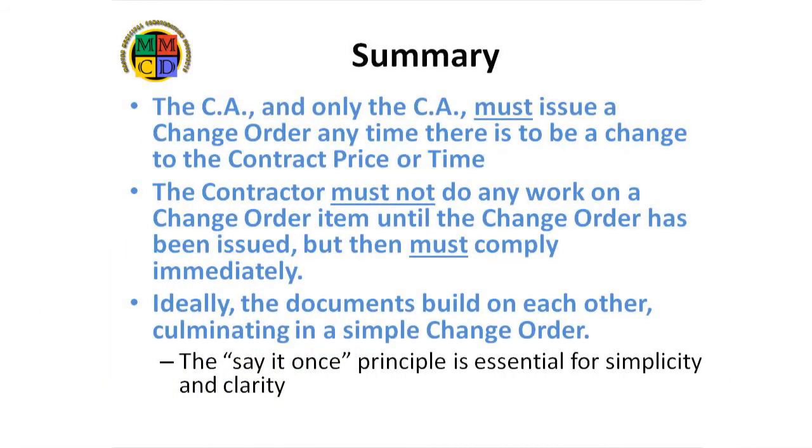So, to summarize, the CA and only the CA must issue a change order anytime there's to be a change to the contract price or time outside of the terms as tendered. The contractor must not do any work on a change order item until the change order has been issued, but then must comply immediately. The sequence of documents is ideally as follows: